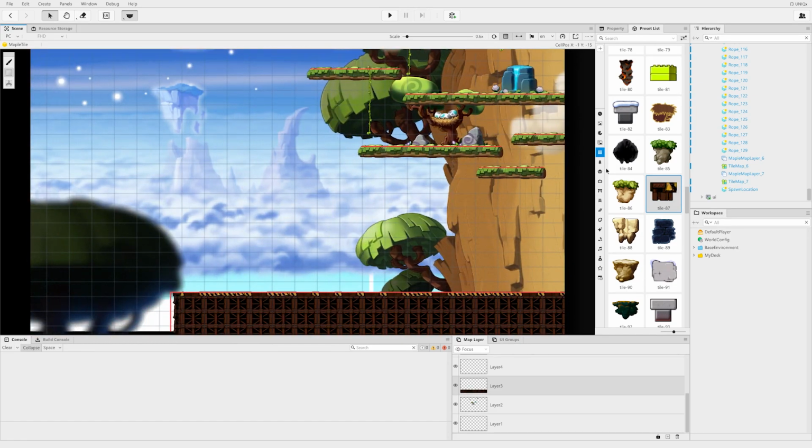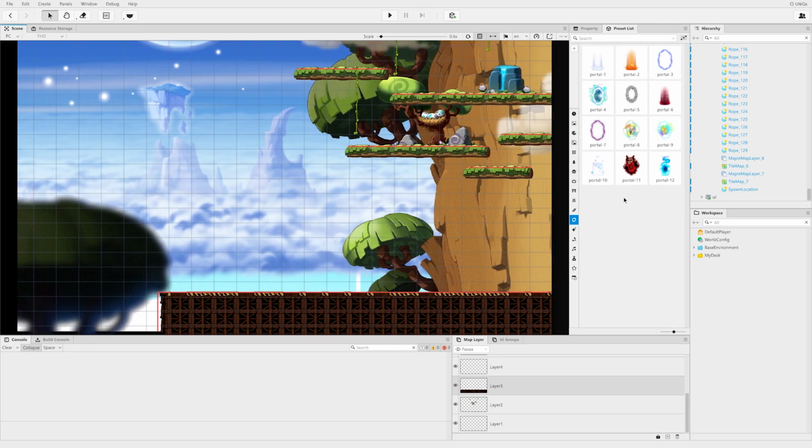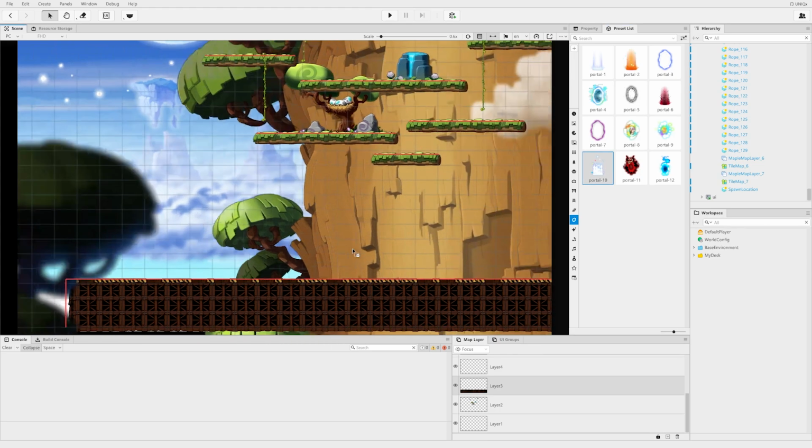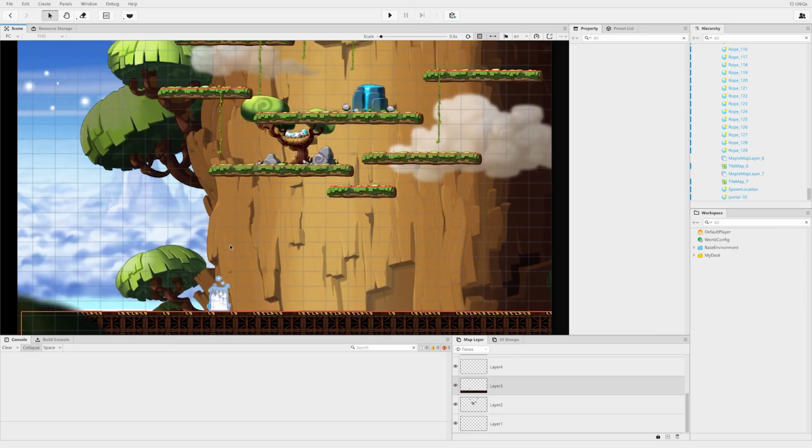Let's create the portal that players can use to queue into our game. We'll go into the portal section and click on one of the portals. I like this one, so we'll click on portal 10 and place it into our world. And then one thing that we do need is to designate the starting area that players will be